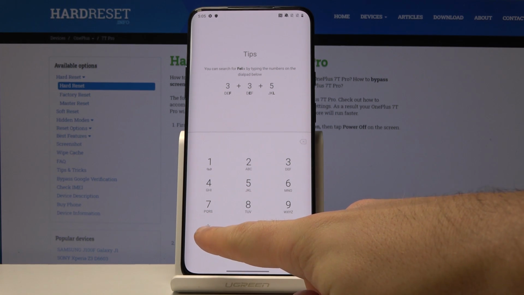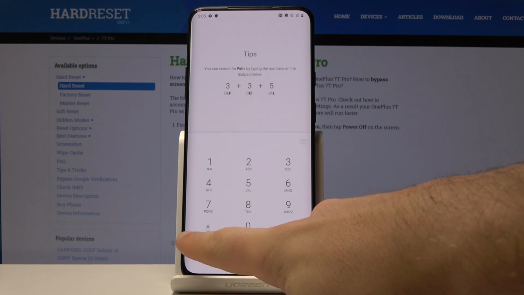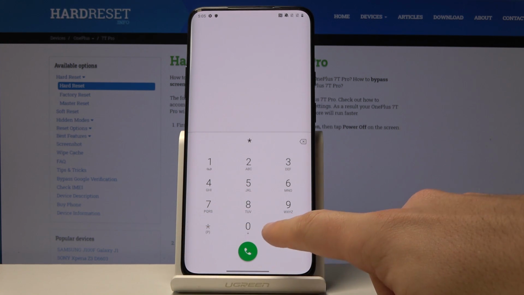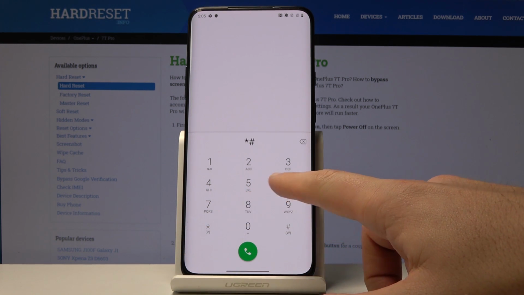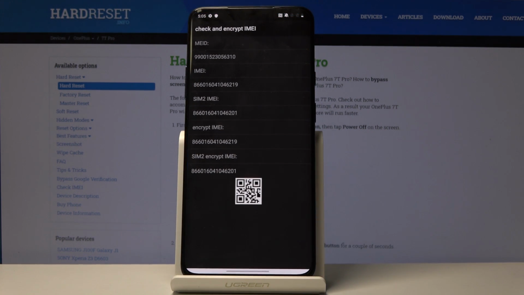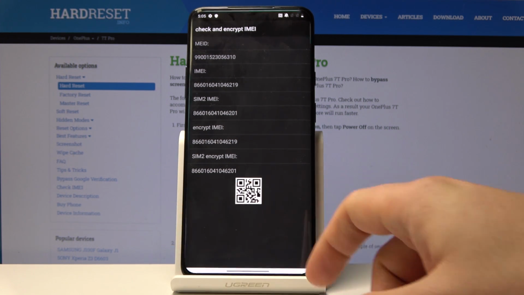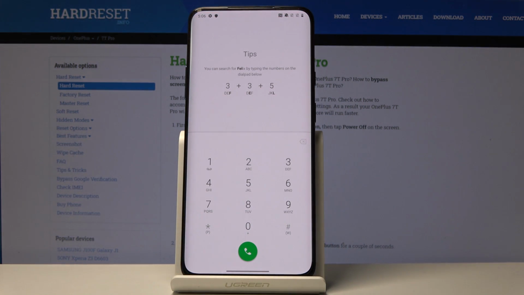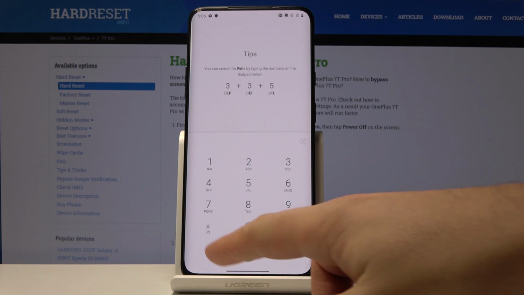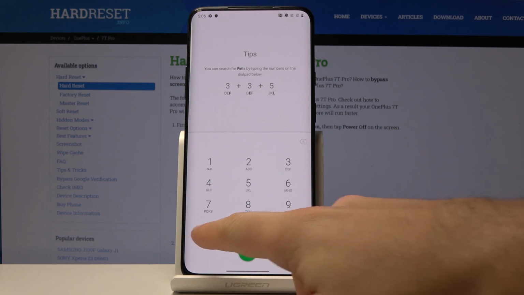All you need to do is open this mode by code *66#, and here we've got check and encrypt IMEI, so you can read here a few pieces of information. You may also go back and check the weather of your device. So all you need to do is use